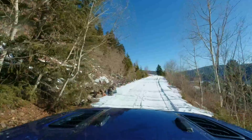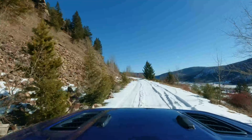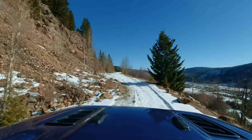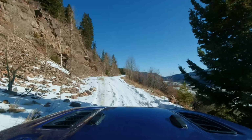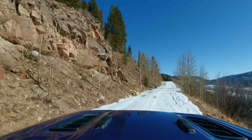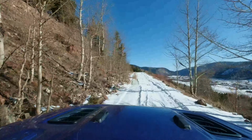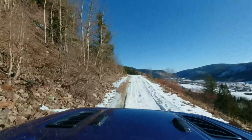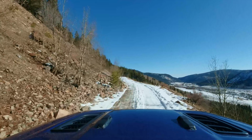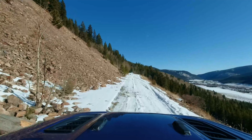But I do always want to give a warning on shelf roads, because I know that there's some people who really, really don't like being on these. I'd say it's probably about 800 feet down right now. But look how wide this is. It's about 1.5 vehicles wide, so there's no reason to hug the shelf side. We're just going to take it nice and easy, especially because of all the ice and snow, and we shouldn't have any issues. But that view is,